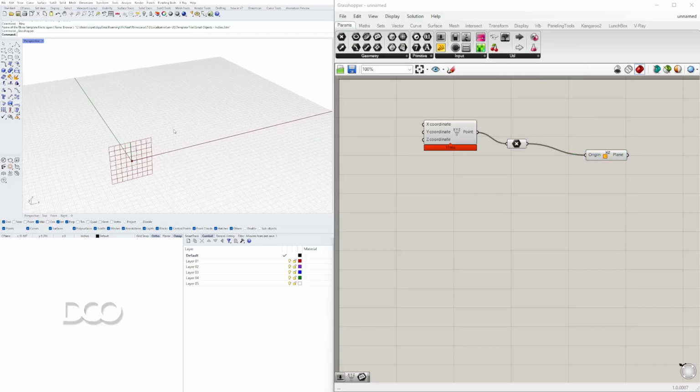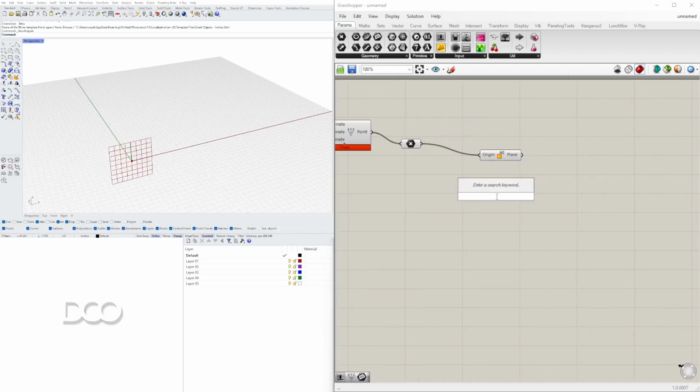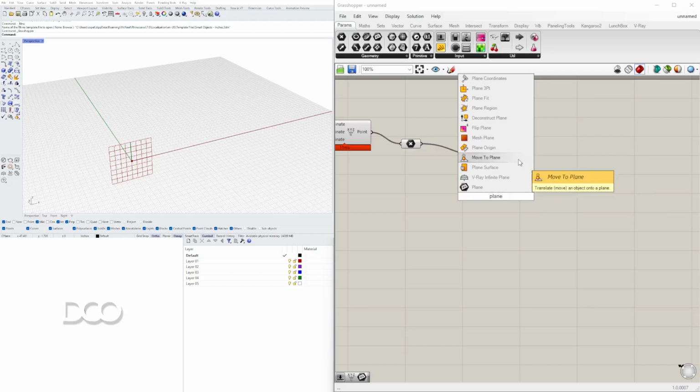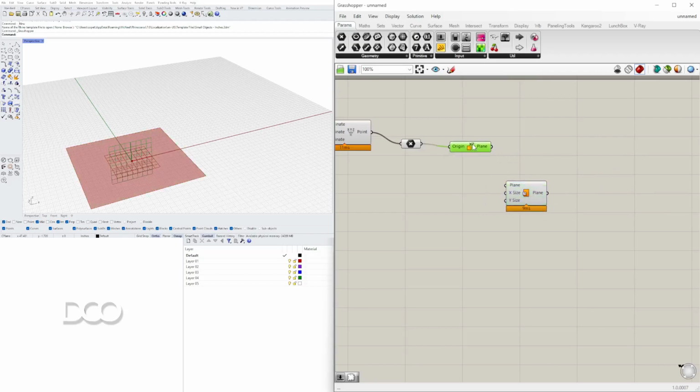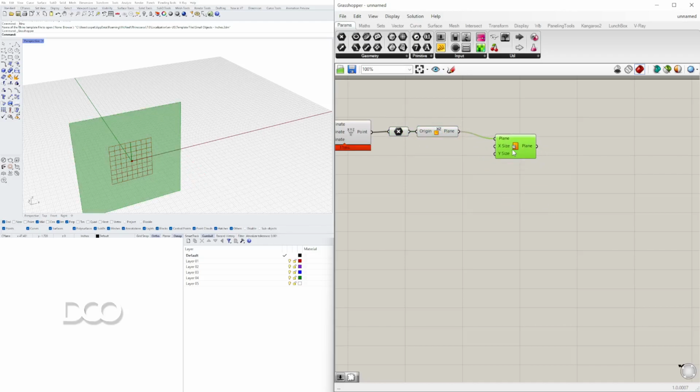And to create that overall wall, we'll use something called plane surface. We can use this plane as a reference plane and give it a size. So I'll say 120